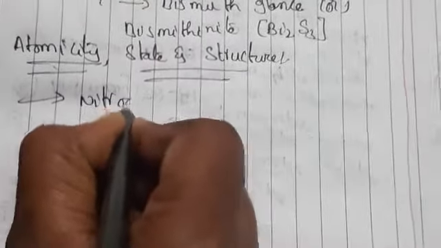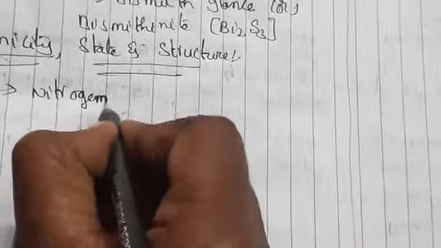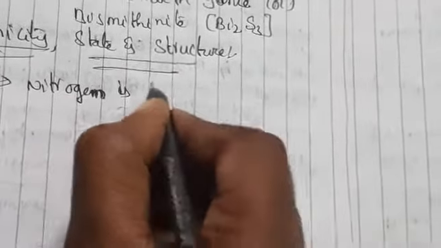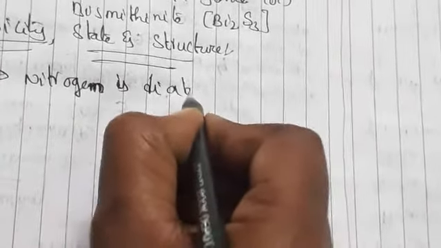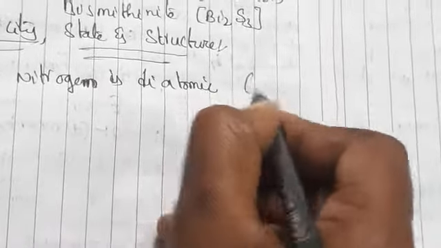Okay, so generally nitrogen. So nitrogen is present as how? Nitrogen is a diatomic molecule, and we can say it is also non-polar in nature. Nitrogen is diatomic. Why are we saying diatomic? It is present as N2. Because of N2 we call it diatomic, and it is also a gas.